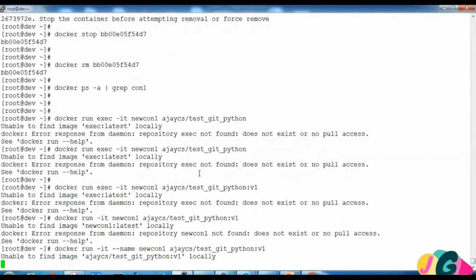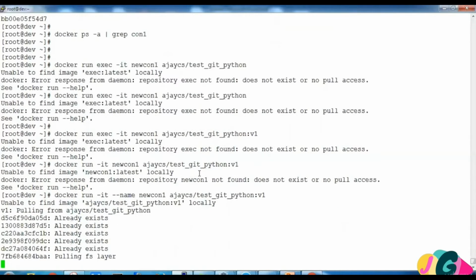In this way we learn the different errors, so that will help us to find them out when we actually do the hands-on. So the correct command is docker run -it and --name.